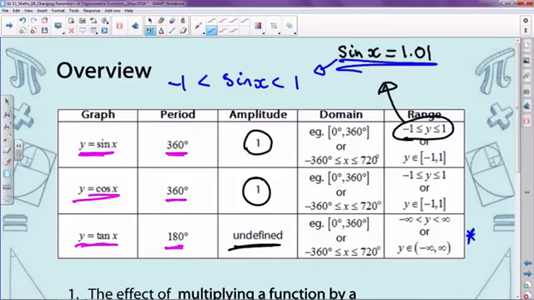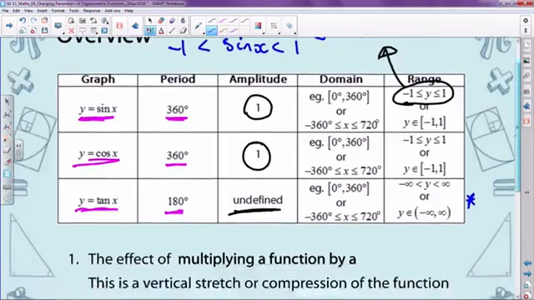and then the one that's not restricted is y equals tan x, and your range is from negative infinity to positive infinity, as we looked at that from the previous